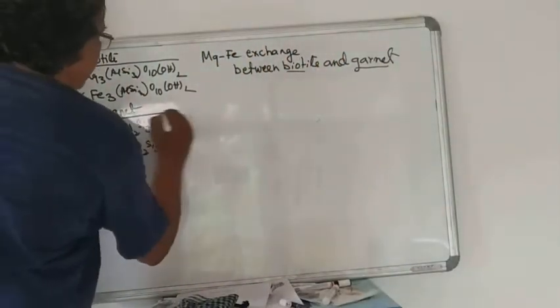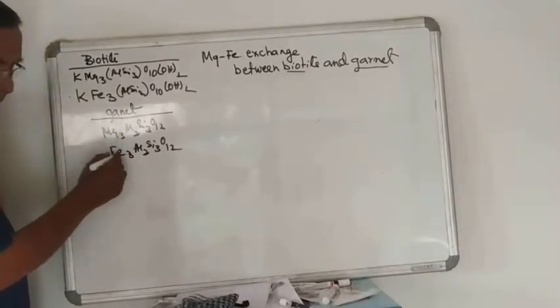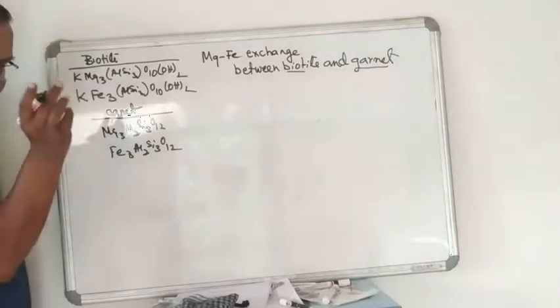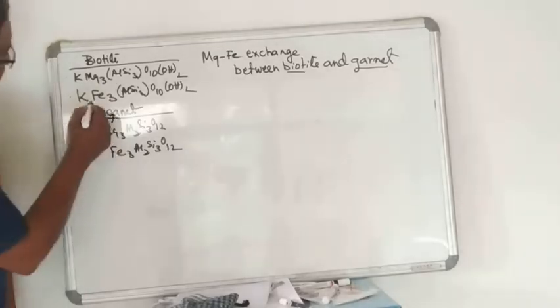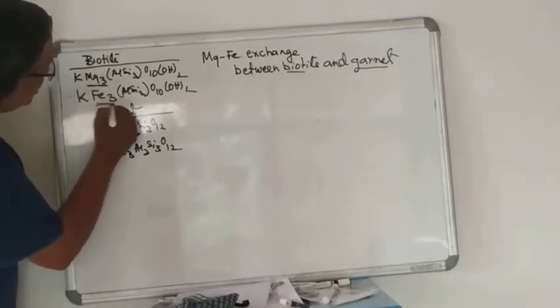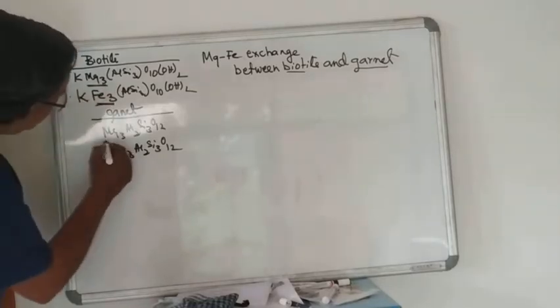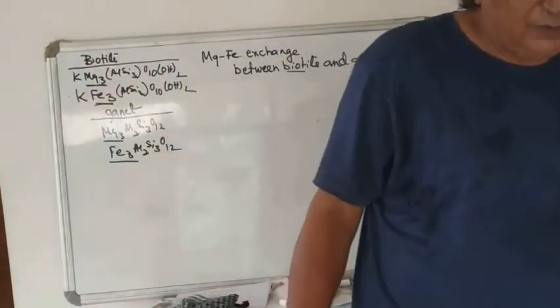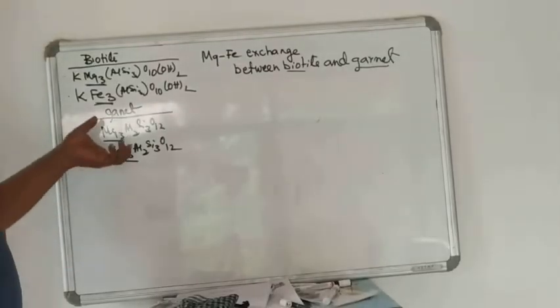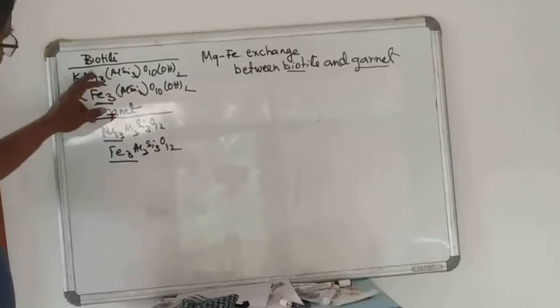So garnet is a binary solid solution of magnesium and iron, that is pyrope and almandine, and biotite is a binary solid solution between magnesium and iron, both in the octahedral site. Here the mixing is occurring in three sites. It could have been in two sites as well. It could have been in one site as well. But the important point here is that it's occurring on octahedral sites, 3 octahedral sites in garnet and 3 octahedral sites